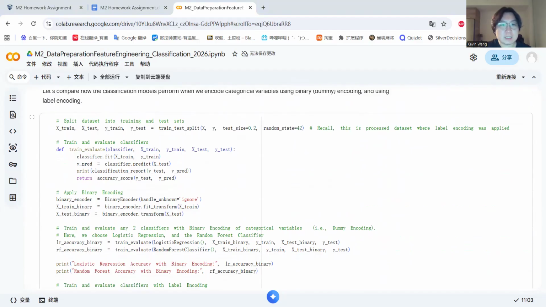Then I use H2O automated machine learning to automatically train and compare multiple advanced models, including gradient boosting and XGBoost. The leaderboard ranked the boosted tree models highest by AUC, with AUC value slightly above